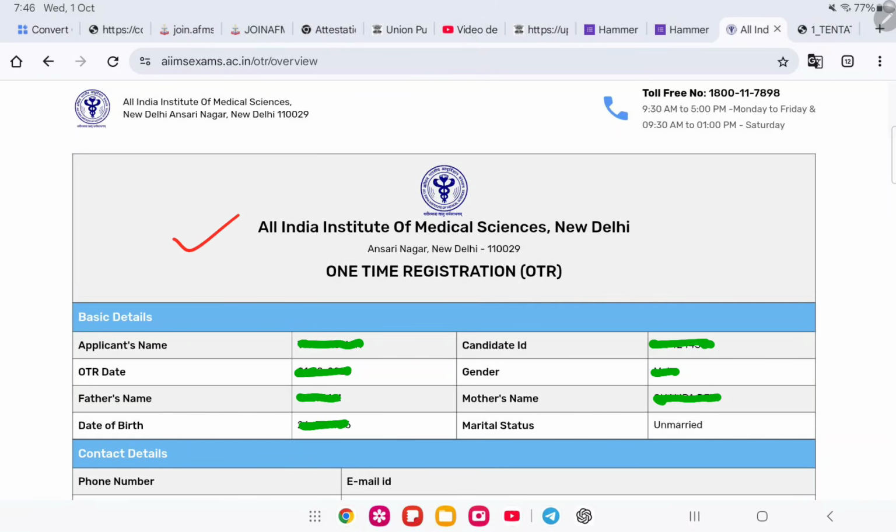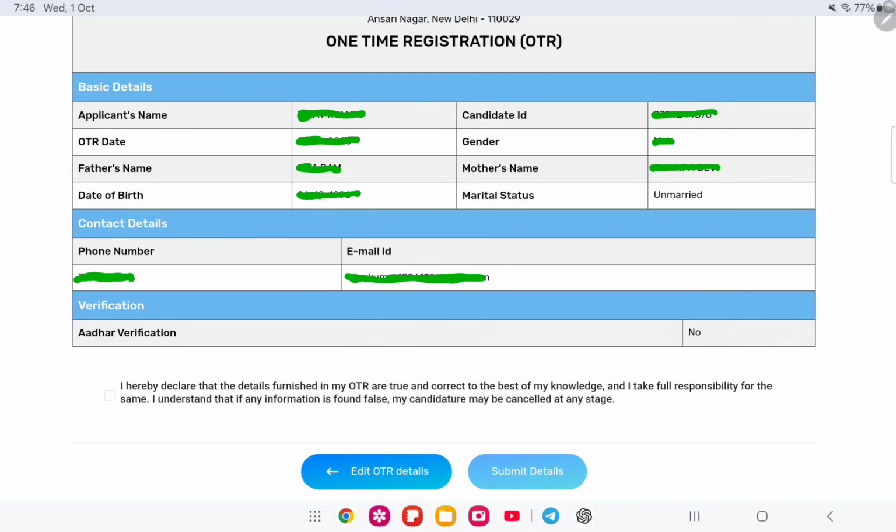And then in this OTR you can see your profile, your name, date, and so on. If any mistake is present here, you can modify it now. Later on it is not possible to correct it, so check carefully. If your details are correct, then you can click here and move on without Aadhaar card verification. If you want to do the verification, then you move back and can do it. If not, then you click here and submit your details, and this OTR remains for a lifetime and it will never be changed.